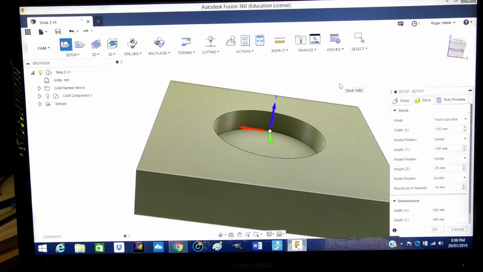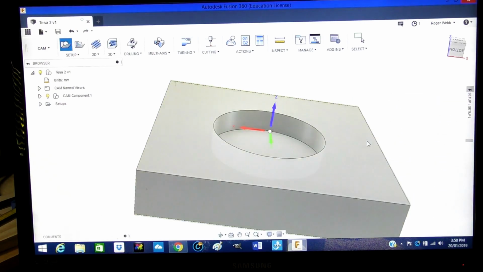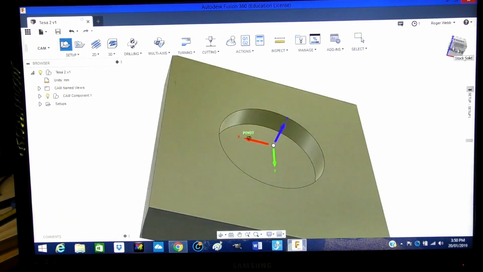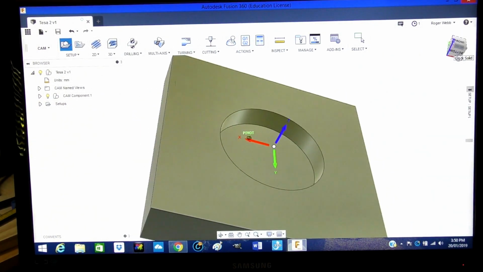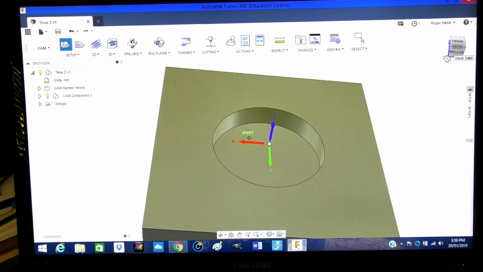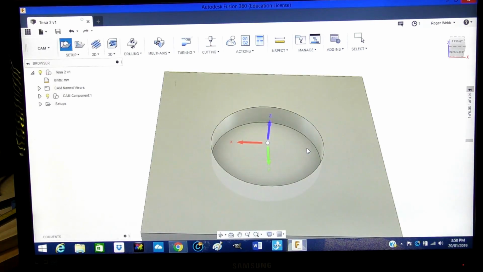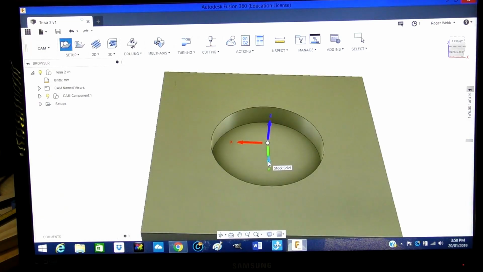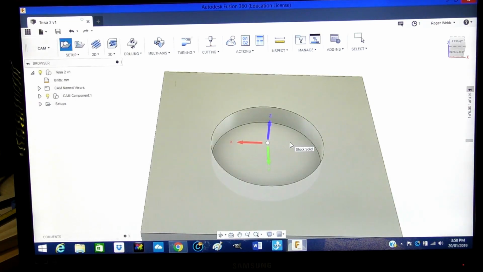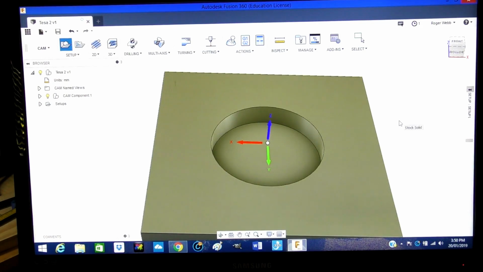It just makes it simpler to work with for beginners. So that's our material, our stock, and there's our pocket. And it is in the right orientation as well, with the Y here and the X. Actually, the Y needs to be around the other side, around the back. But we're not going to worry about that at the moment. We've just got the Z in the right orientation, X is in the right orientation, and the Y is relatively